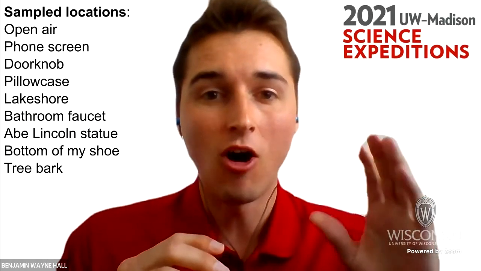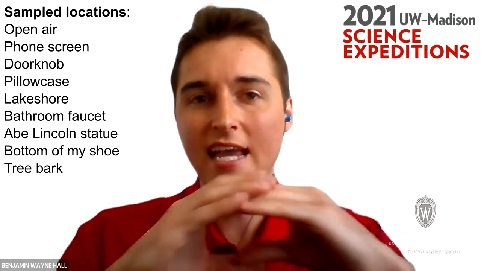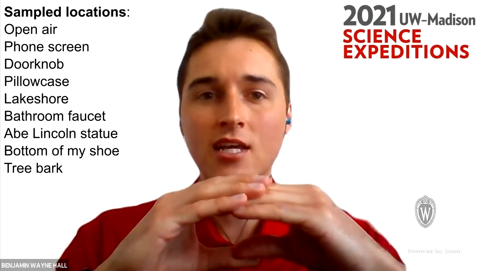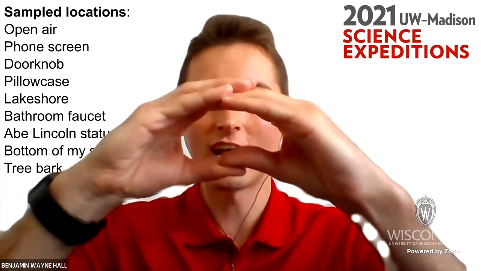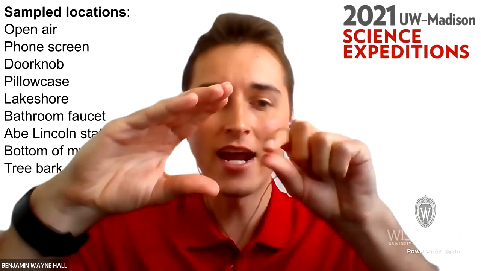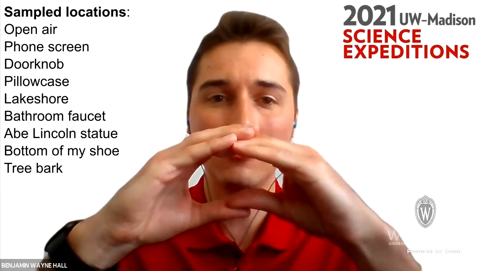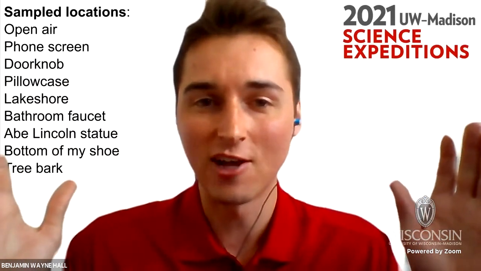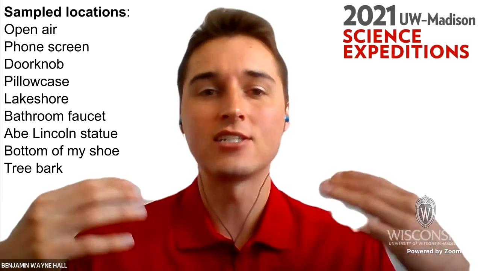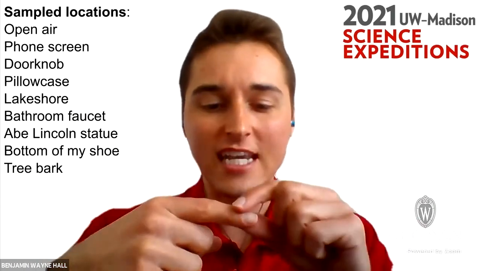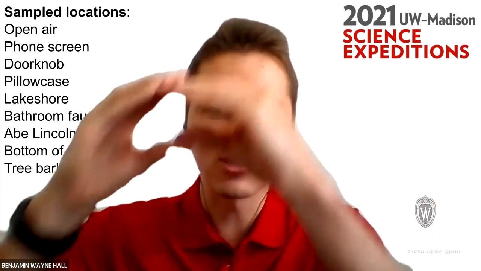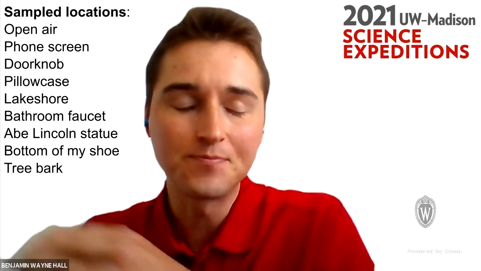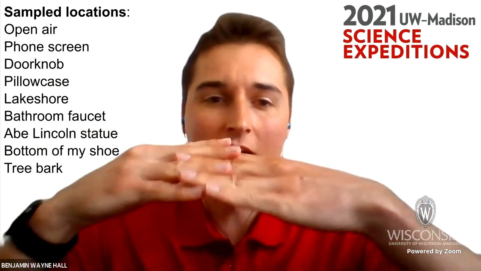So bacteria also exist as cells, but they exist as single cells, which means the bacterium is only one little cell. It's one little membrane with its genetics in the middle, and that is the entire bacterium. And it can live by itself, or it can divide and make more. Whereas humans, our bodies are actually made up of trillions of cells. Our skin, for example, is a bunch of skin cells all laying next to each other